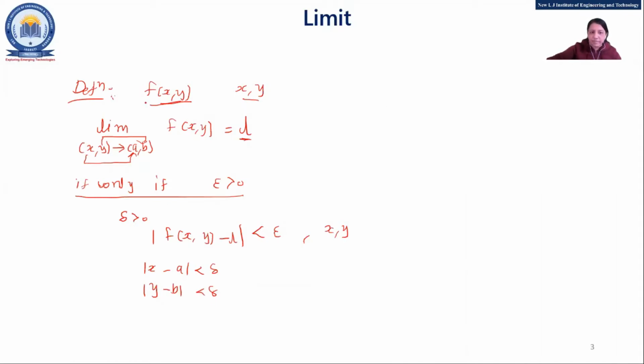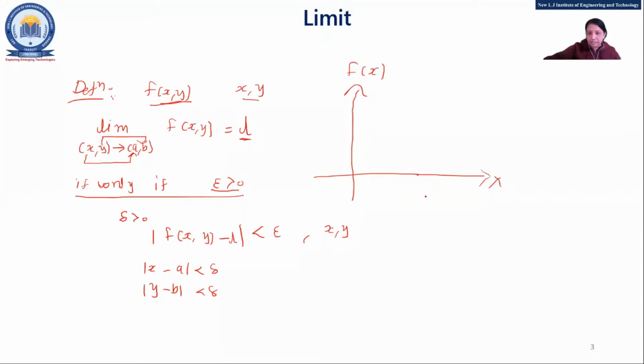So this is simple: the limit of the function equals L is written in that way if and only if there is an epsilon which is greater than 0. So simply we'll see it with the graph, right? Maybe you know this is for two variables. I will show it for one variable, because it's not possible to draw a 3D effect here. So we'll go for only one variable.